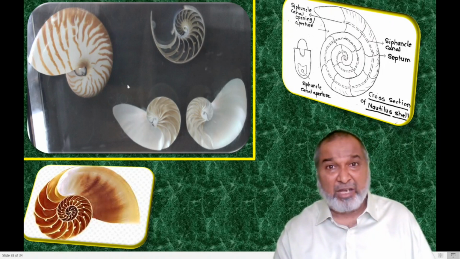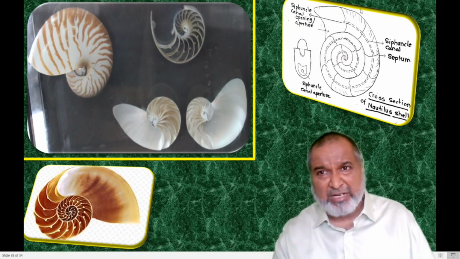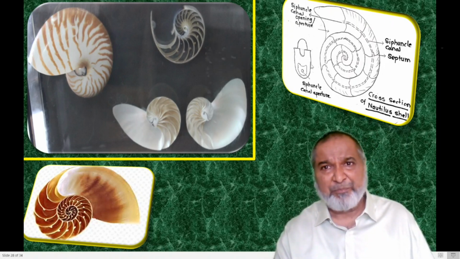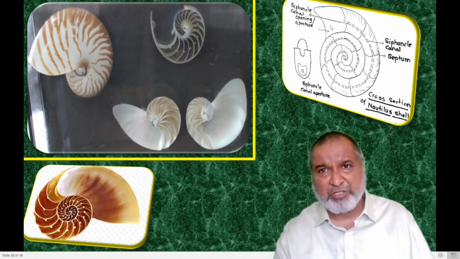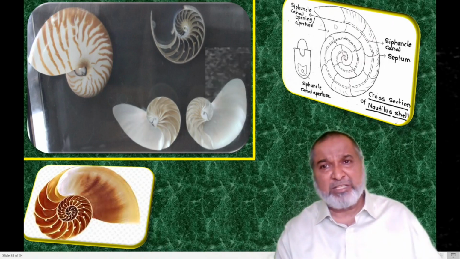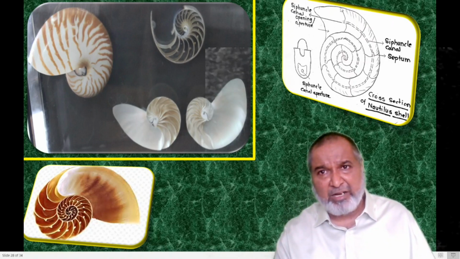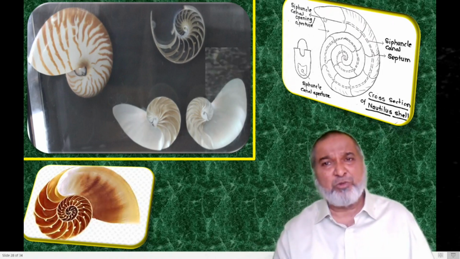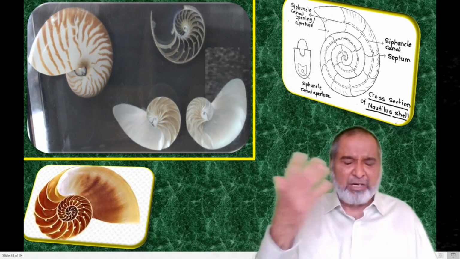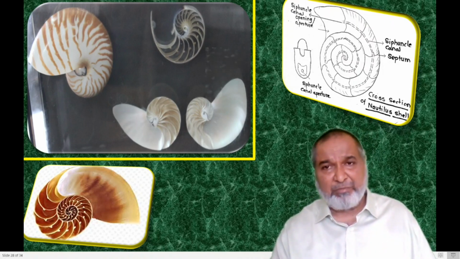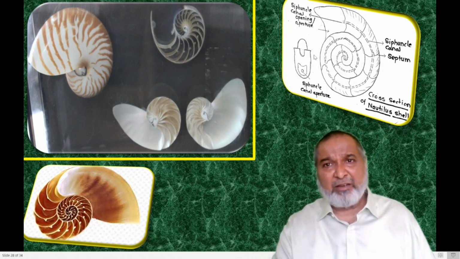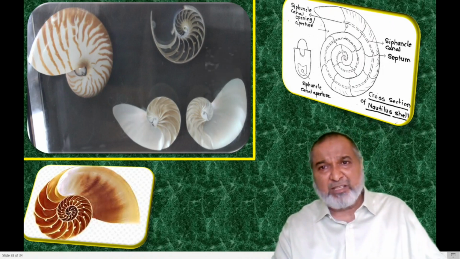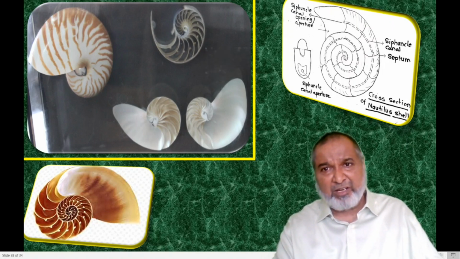So here we can see the details. It is planispiral coiling. Yes, this is the aperture where the animal is living, and this is the siphuncle canal. And as the animal has evolved, this siphuncle shifts from the periphery towards the center. So here we don't have to study the evolution, but the evolution part will be there in the TYBSc. But in the nautilus we are going to see, the siphuncle opening is there in the center, and this is the siphuncle canal.